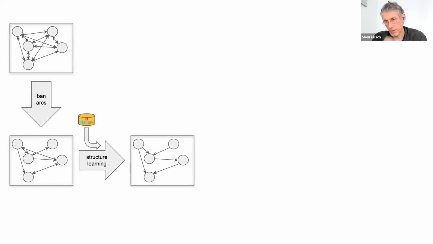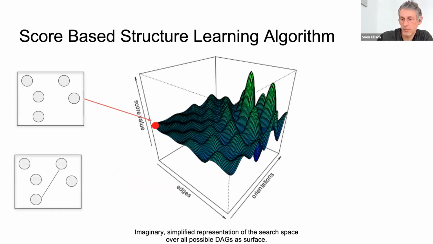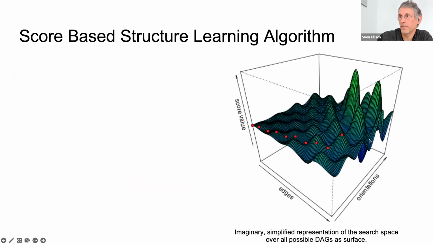With the structure learning, you always take samples of the complete data set. You learn a structure on them, and then you see what the outcome is. Then you take the next sample and test it, and take the next sample and test it. And then you have to combine these samples again. I'm not explaining that part. It's a bit too much, I think, for today.